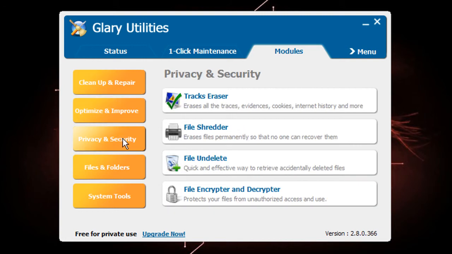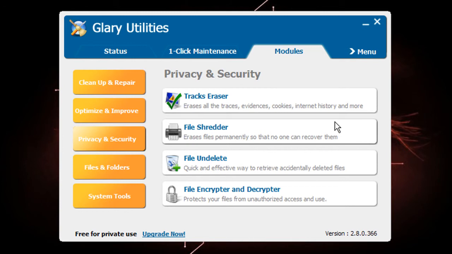So here is the privacy and security. This is the track eraser. It cleans all your internet cookies, history, evidence, and file shares. File shredder, it erases files permanently, so you cannot recover them.